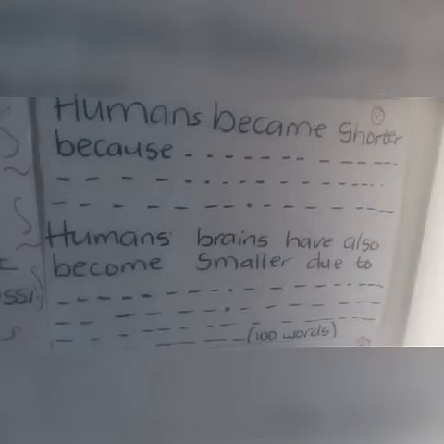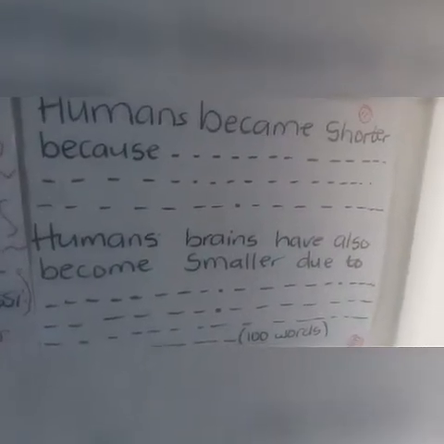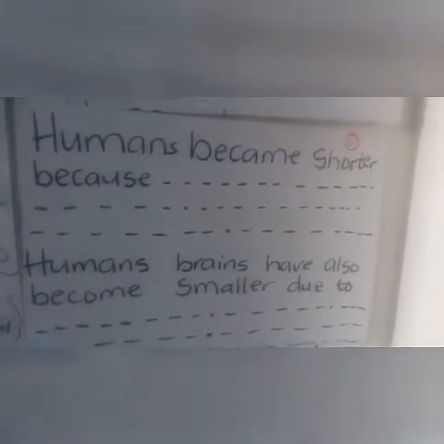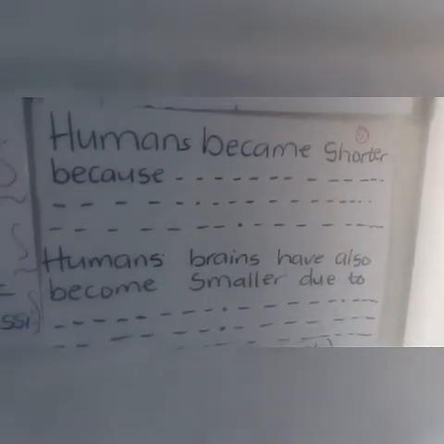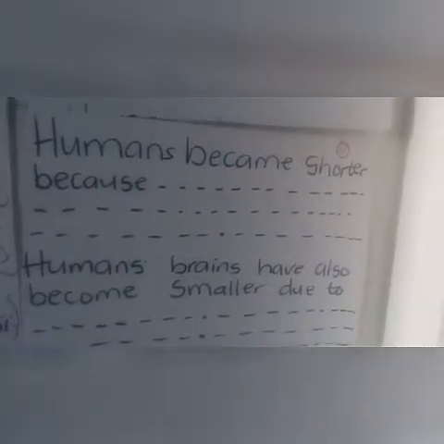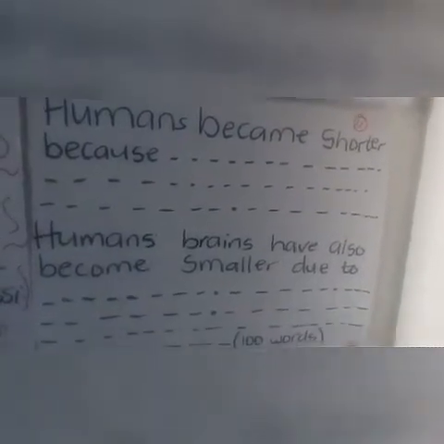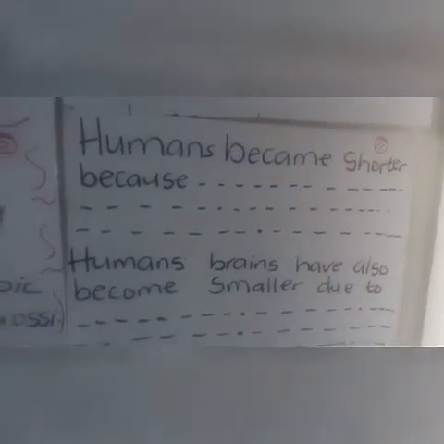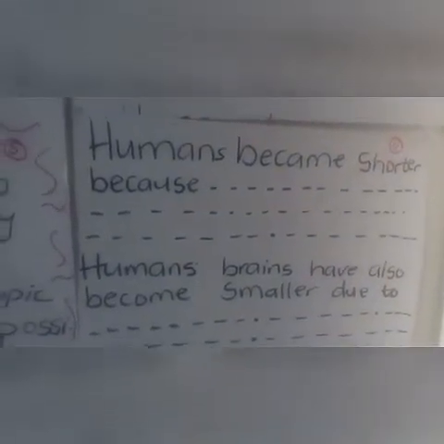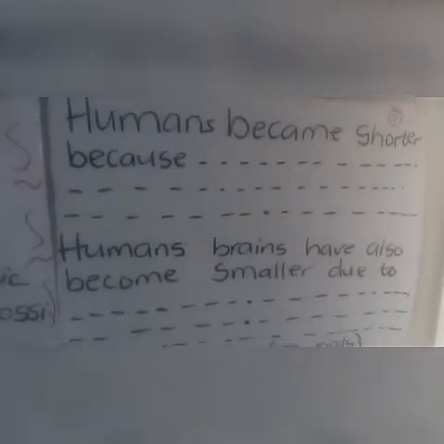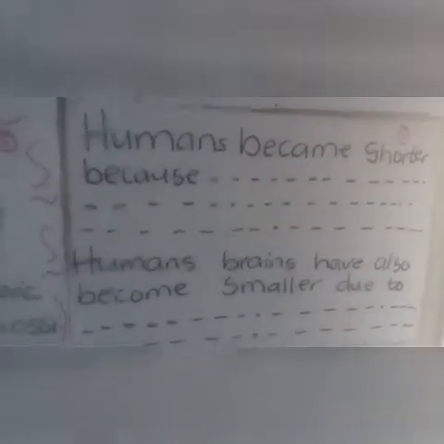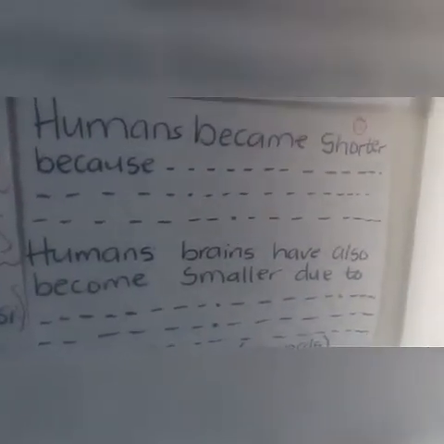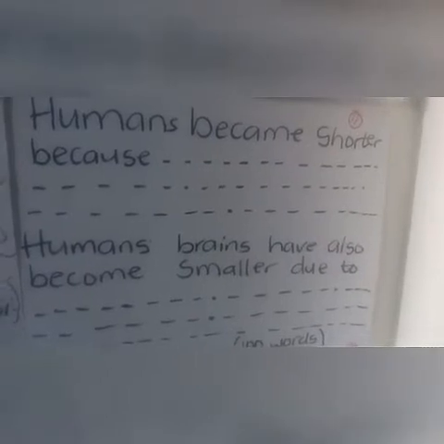Do you see that? So please be very tactful, and please do not write many other things. Sometimes you want to say, according to the research, the humans, just things which are not relevant to the question. Do not bring out any information, just answer the question straight. If it's about why they've become shorter, talk about that. Do not tell me the history of humans, because it is not what the question is asking you.